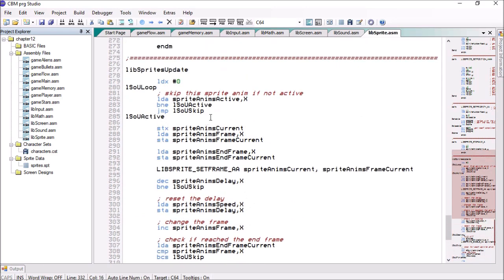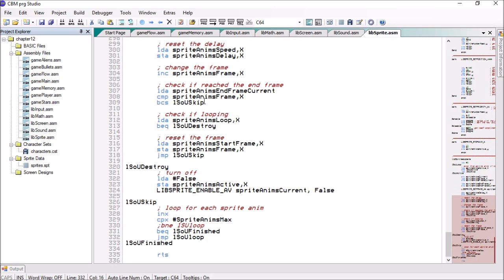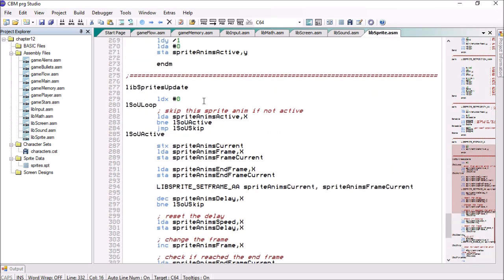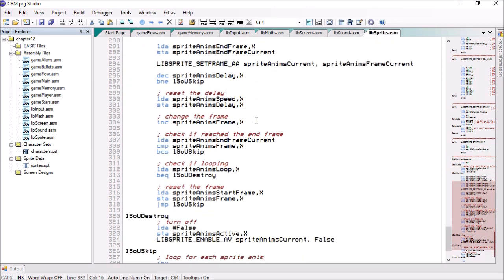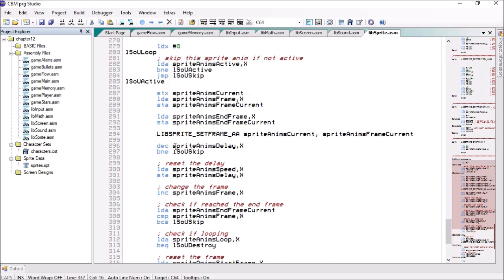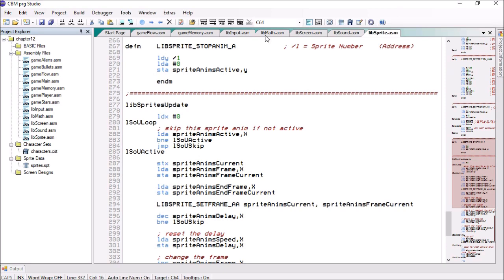So this is basically just to update the sprite information of your sprite collection. So if there's any been animated, we use this. All clever stuff. So that's the sprite. And then on the maths,